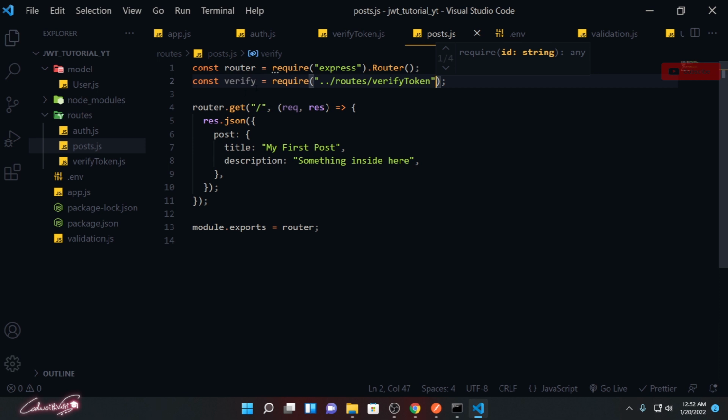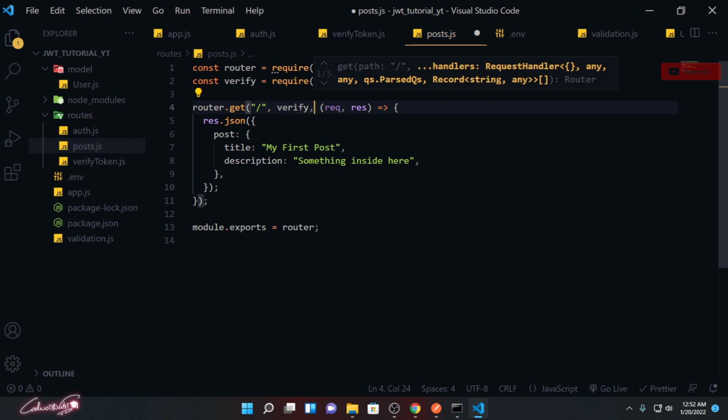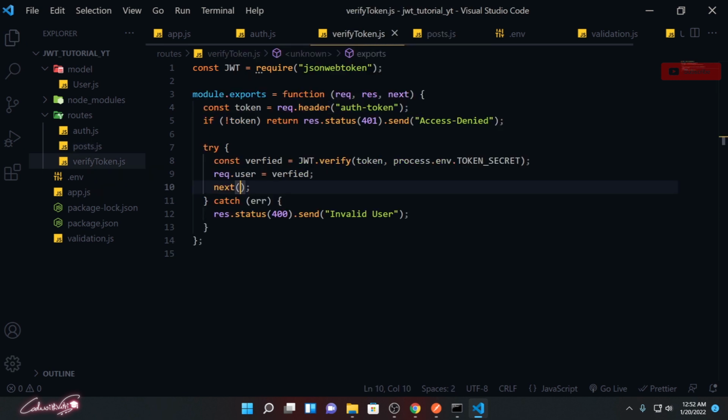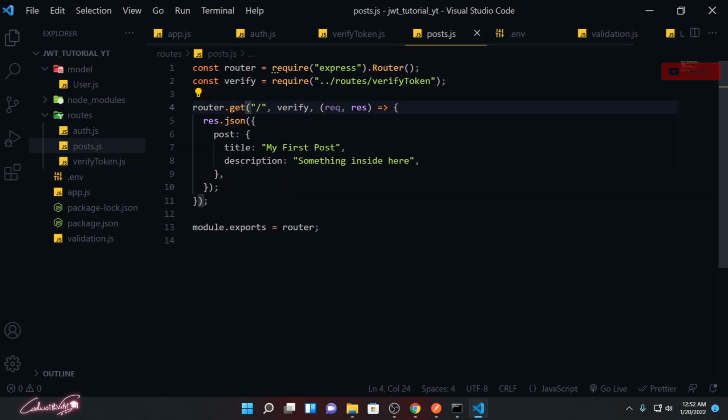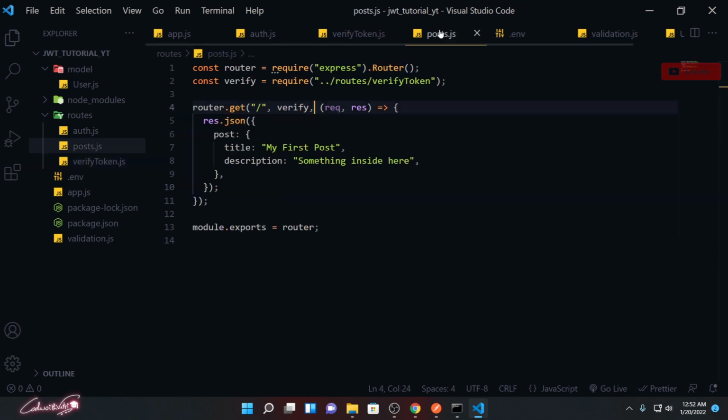Cool. Now I need to pass this verify over here because we have the token value in our header. I'm passing this verify function, and it will be executed whenever you're calling this verify over here. It will get that token from the header and do all the necessary activity we are supposed to do.